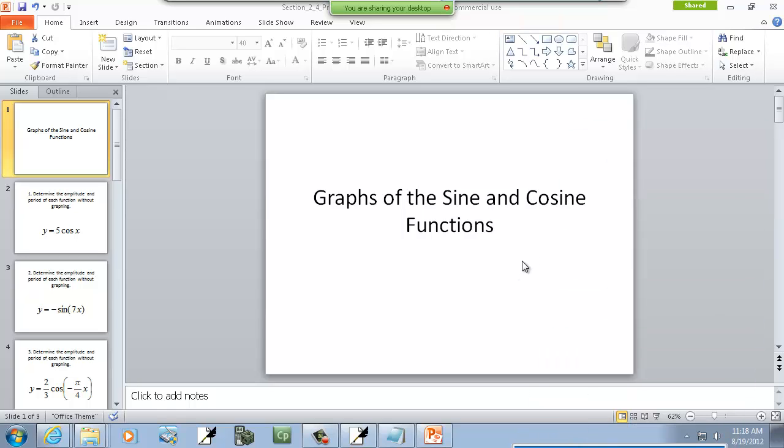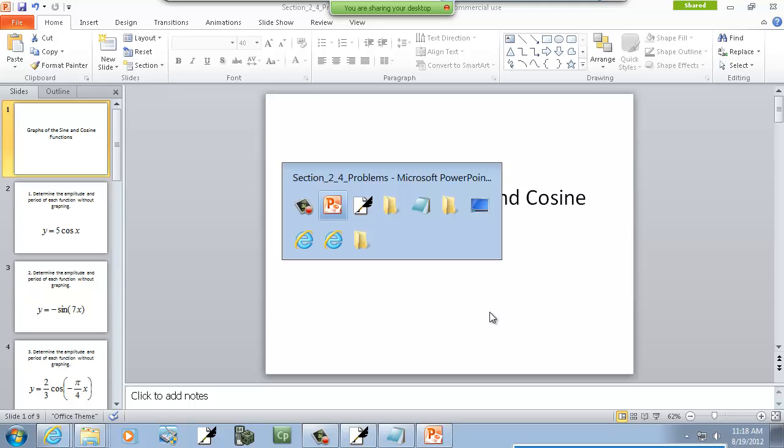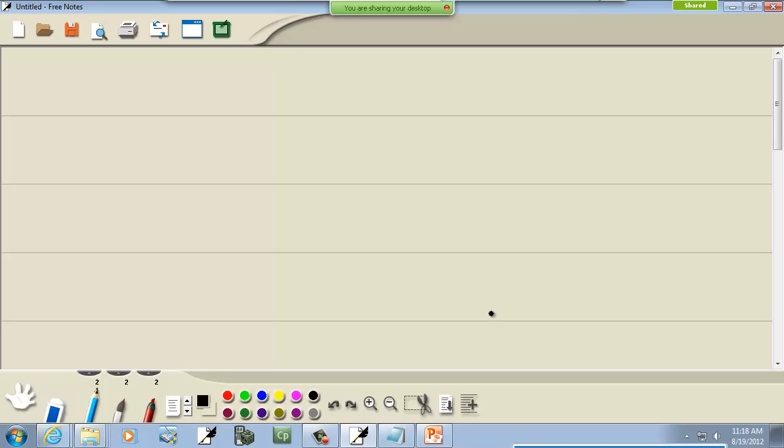Okay, let's take a look at graphs of the sine and cosine functions. And first, let's note some facts. We've already said sine and cosine are periodic, and we'll see what that means graph-wise here in a second. But for y is equal to sine x, and for y is equal to cosine x,